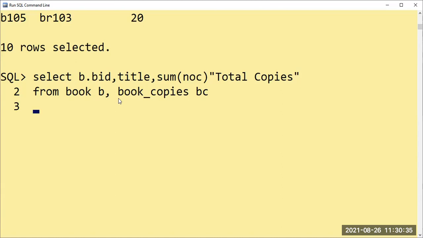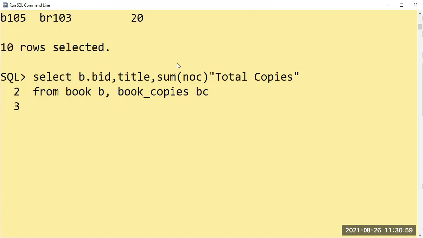Now the third statement specifies that the where condition applies here. We use the condition for matching columns. You have understood what matching columns we have to pick. Previously we have two tables, the book table and book copies. From these two tables, what is the matching column? It is the book ID.